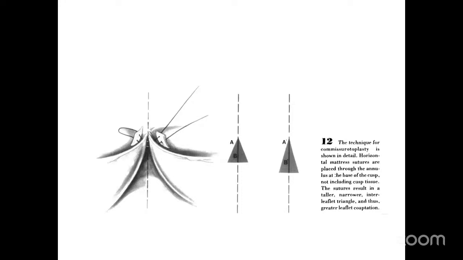The technique for commissuroplasty is shown here. Horizontal mattress suture placed for the annulus at the base of the cusp, not including cusp tissue. The sutures result in a taller, narrower interleaflet triangle here, as you can see on this side, and thus greater leaflet coaptation. The narrower it is, the closer they are to each other, and the coaptation is achieved more with this